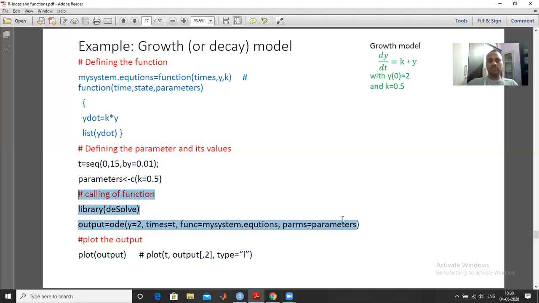After calling the function we get the output, which means we have solved it, and then we will plot the output. So the whole code is divided into four parts: defining the function, meaning the system of ODEs or a single ODE, then defining the parameter values, then calling the function, and the plotting.